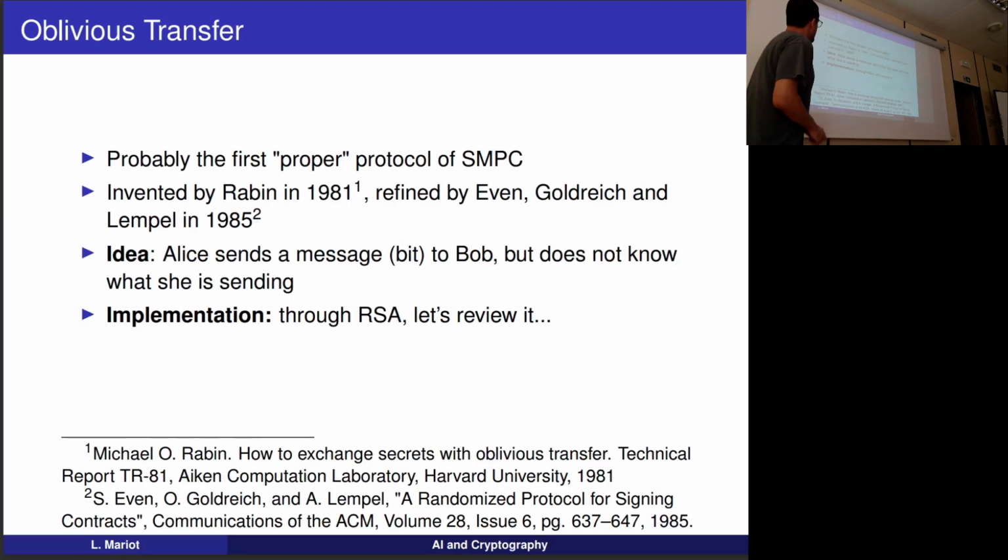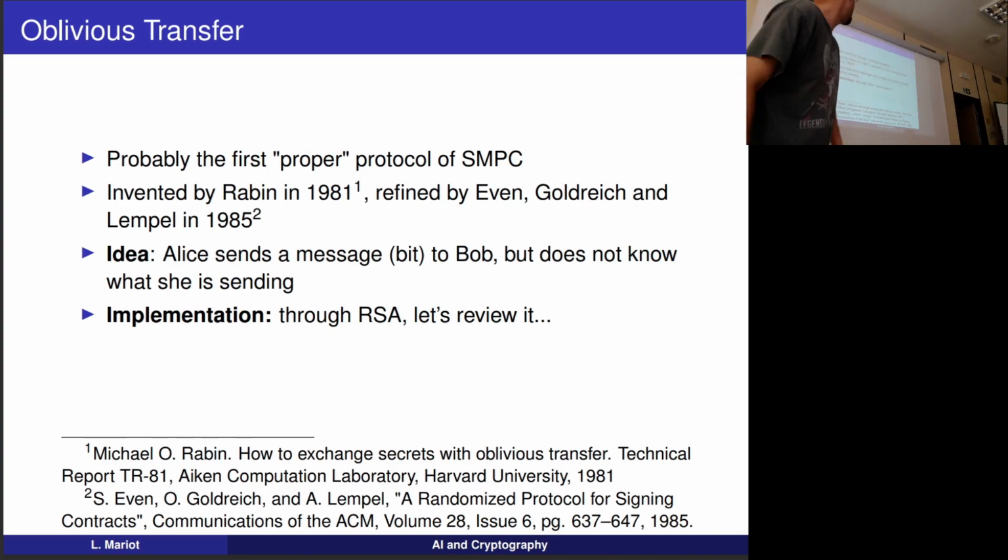So in order to do this, we need to introduce the idea of Oblivious Transfer that was invented around the 80s, in 1981 in particular. It was invented by Michael Rabin, and then it was later refined by Goldreich and Lempel in 1985, a few years later. Here I'm showing you the version of the protocol from 1985, because in Rabin it's a little bit different. So using this refined version, I can show you how to compute the secure